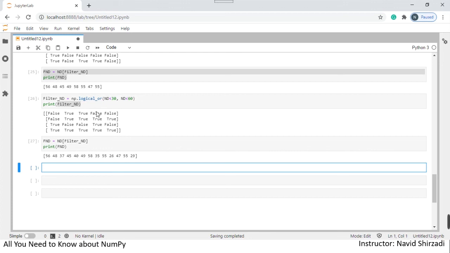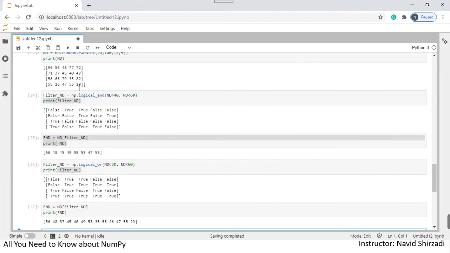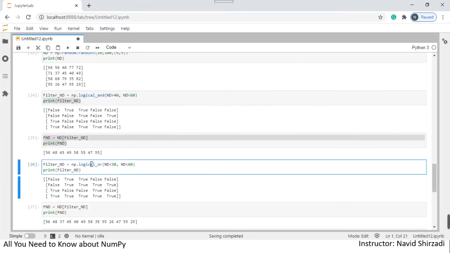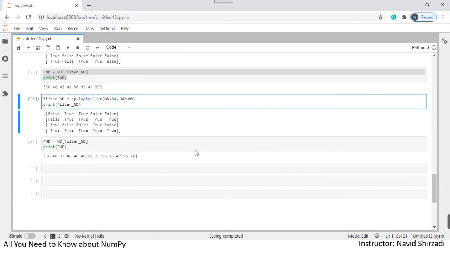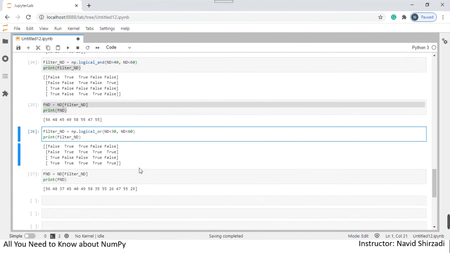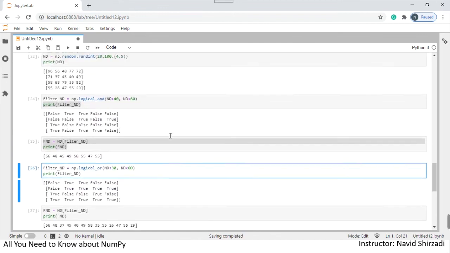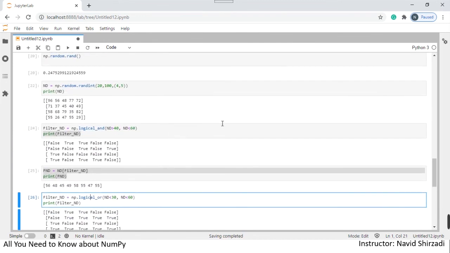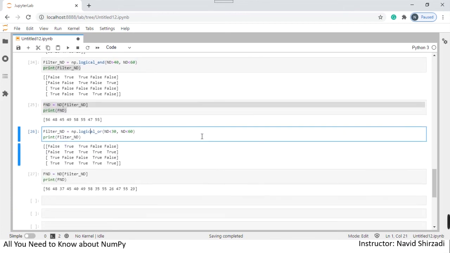So these are all the logics that you want to use, and, or and other logics. You can just play around with the other logics as well. I just wanted to show you how you can filter out some of the elements for yourself from the big arrays that you have, and play around with that with the logical method